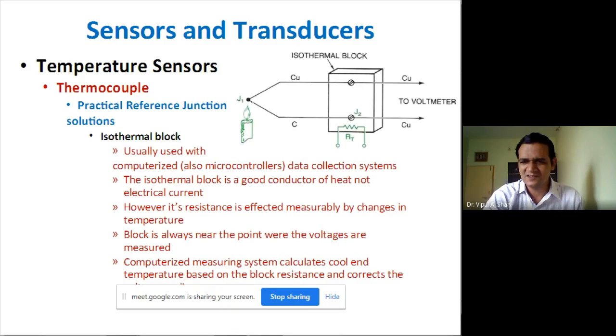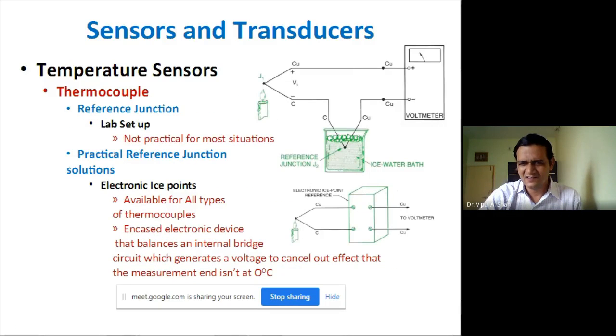For the calibration portion, we have this reference point, the cold junction compensated point, which should be kept at 0 degrees Celsius. If you don't keep this at 0 degrees Celsius, your temperature measurement will be wrong. You should have a compensatory circuit here, or you can keep it in an ice bath and maintain this 0 degrees Celsius. Now every time, the measurement point's value will be changing with reference to 0 degrees Celsius. So this is what you have to take care of as an analysis part of your